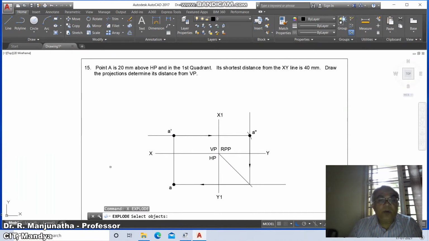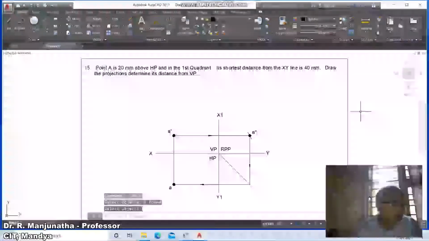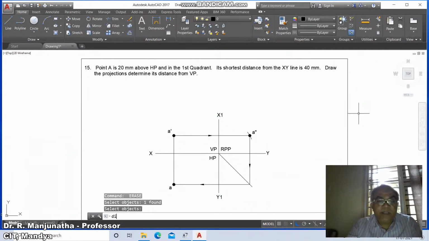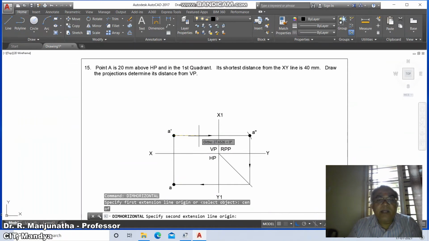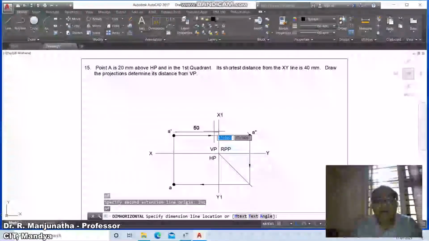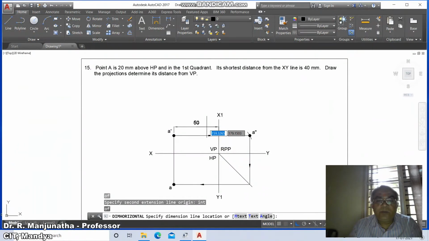Then go to explode, X, enter, select this, this and this. Then erase this and erase this. Now we go for dimensioning. Dim horizontal, take center of this and intersection of this, and here you don't give any distances, sorry.